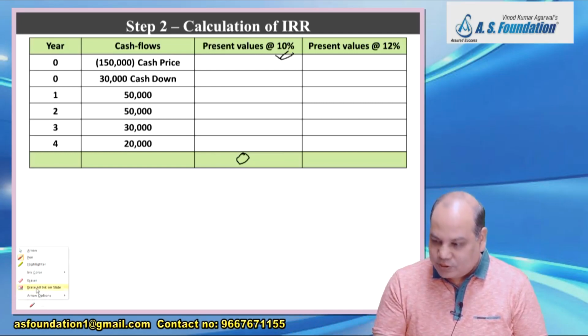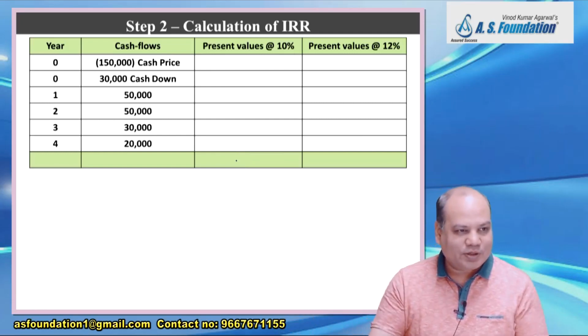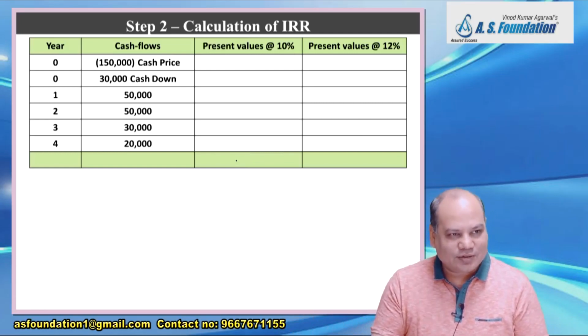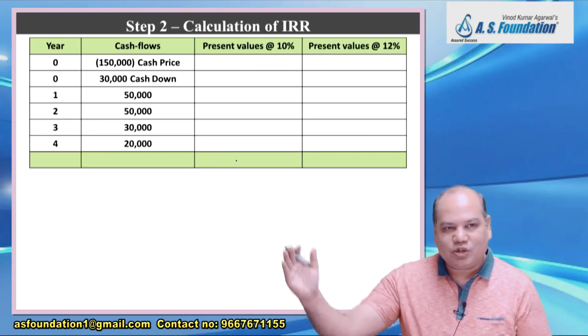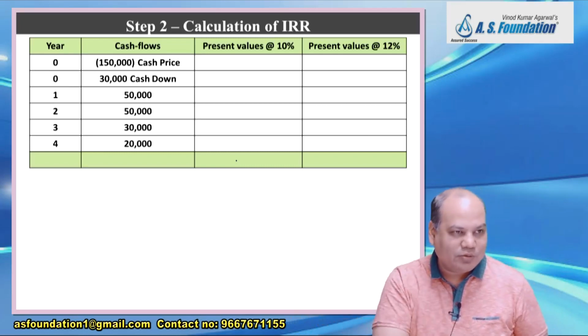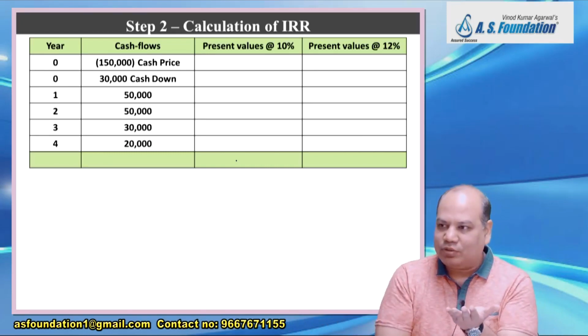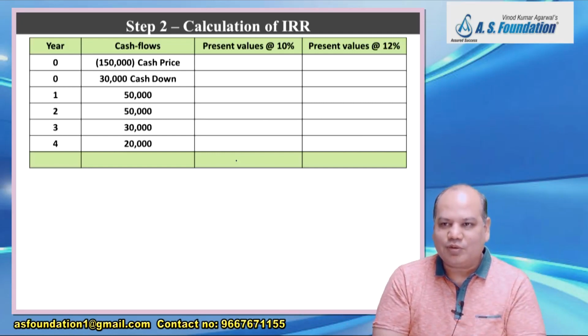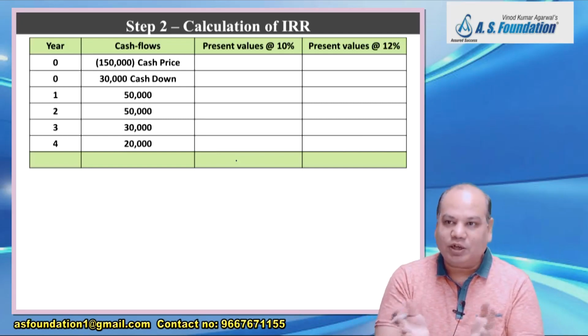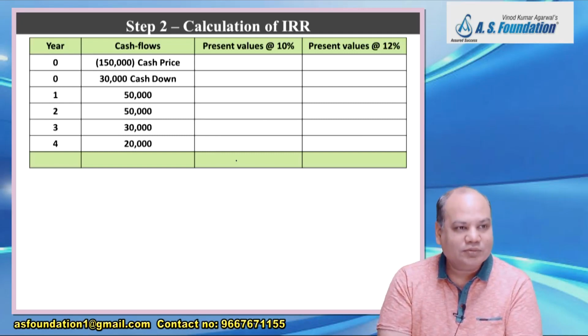Okay. So first we will discuss up to this. Let us see what happens at 10% discount rate. Discount rate means interest rate. Present value is calculated using discount rate. Future value is calculated using interest rate. And both are the same. Only when we are computing present value, we call it discounting, because a higher value minus interest is a lower value. So when we deduct something, it is called discount. When we add something, it is called compounding or interest rate. But it is the same thing.